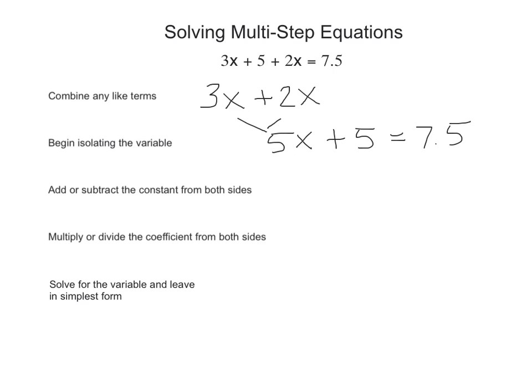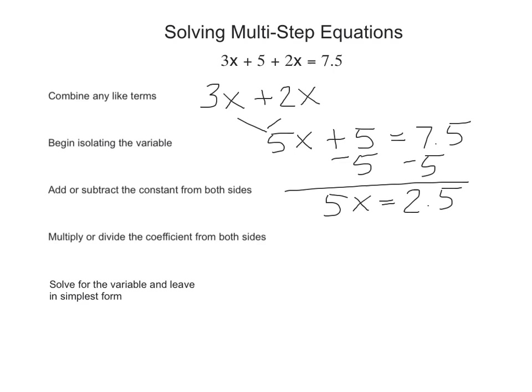So let's begin by adding or subtracting any constants from both sides. Notice my constant is the 5, so I'm going to subtract the 5 from both sides. I'm left with 5x equals